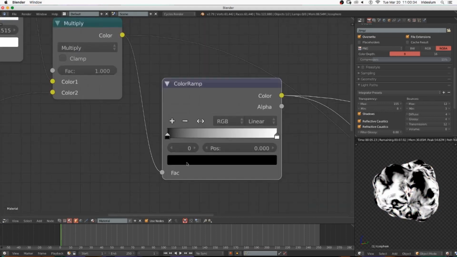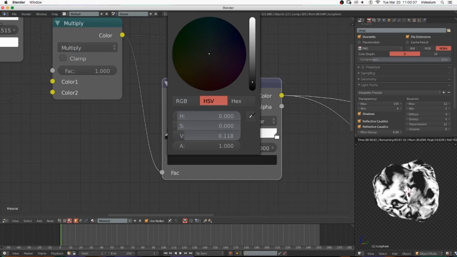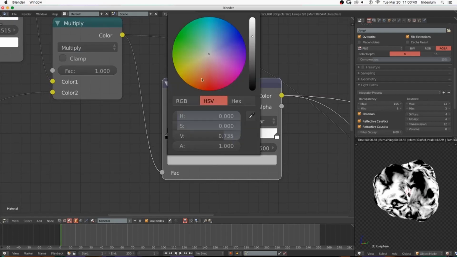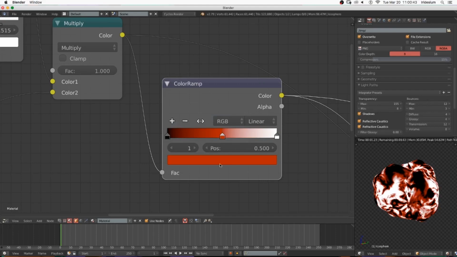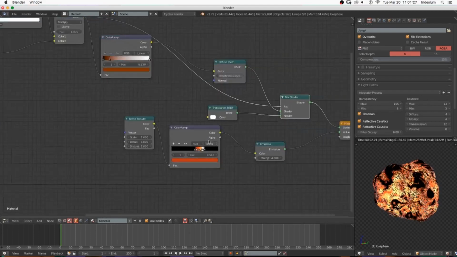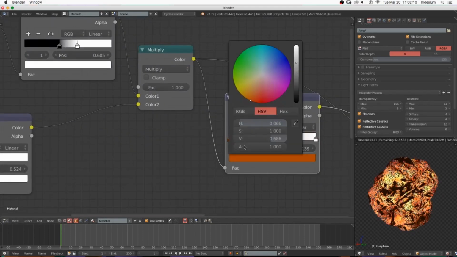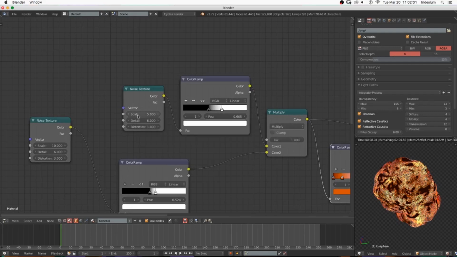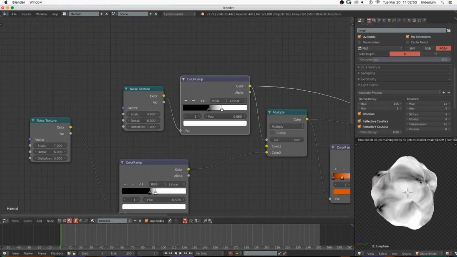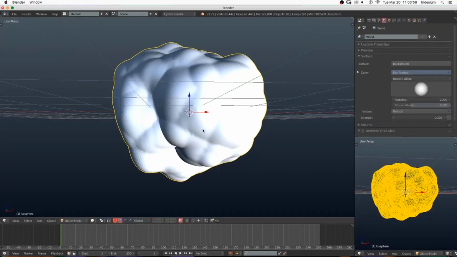Then just paint in a little bit of red in between so that you get the nasty red color of gasoline or some oils. And you can continue tweaking all the settings on this node setup until you get the fireball that you like. And you should be ready for the next step, which is sculpting the explosion out of